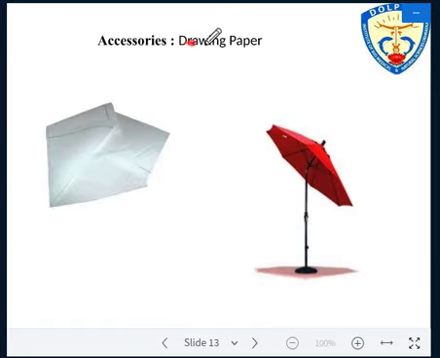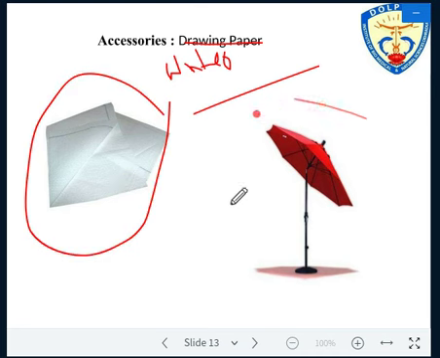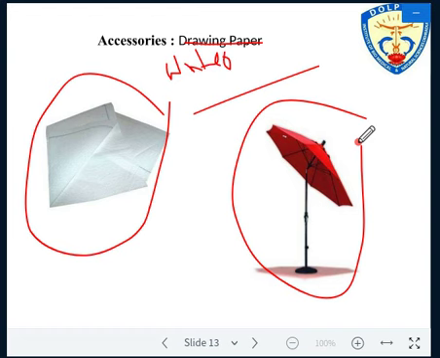Is it not drawing paper? It is waterproof cover. By mistake I have written that it is waterproof cover, right? Waterproof cover means a certain kind of polythene sheet or umbrella is required, through which even in the summer you can work. That's why this waterproof cover is required, to protect the drawing paper. Since you are using the paper and the table, you have to protect the drawing paper and other instruments from the rain, right? It can be helpful in the summer also. So that is the waterproof cover.